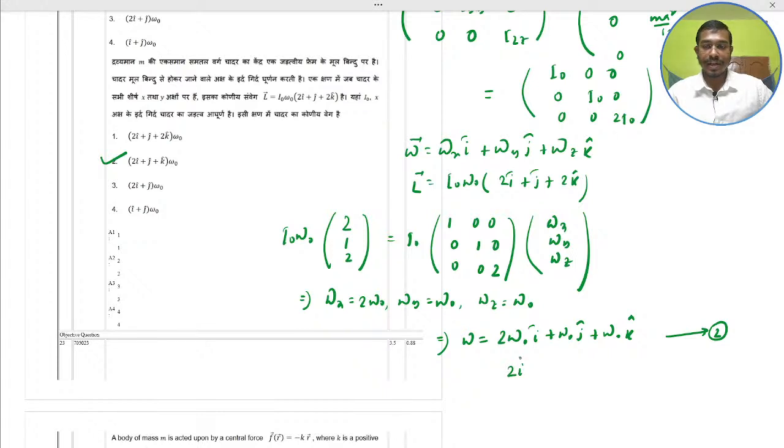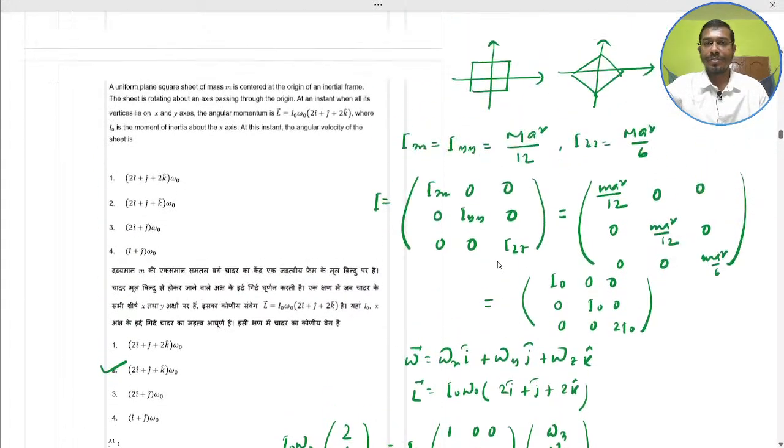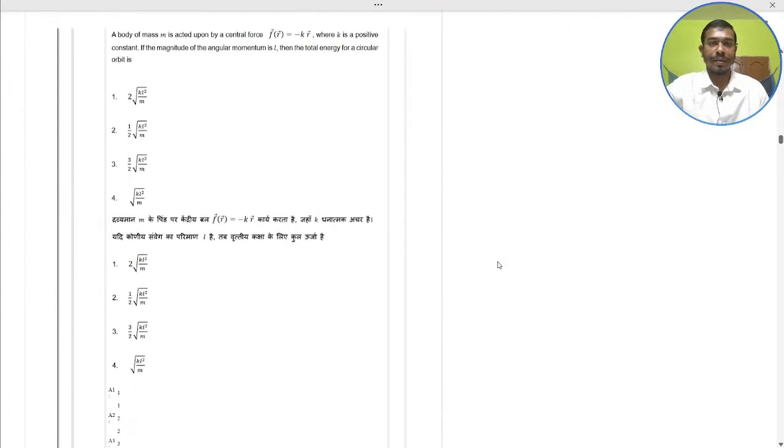Means 2i plus j plus k into omega naught. This would be the L, this would be the omega. Okay, option 2 would be the correct. This is the full solution. Next,